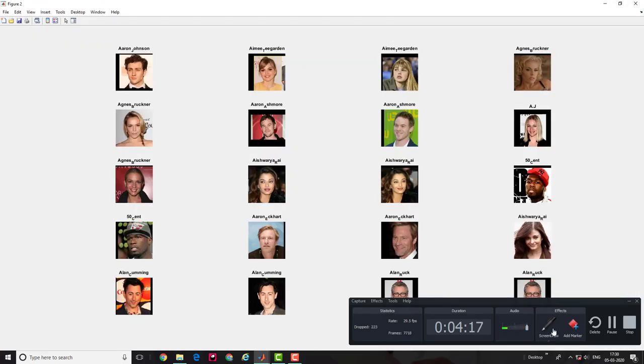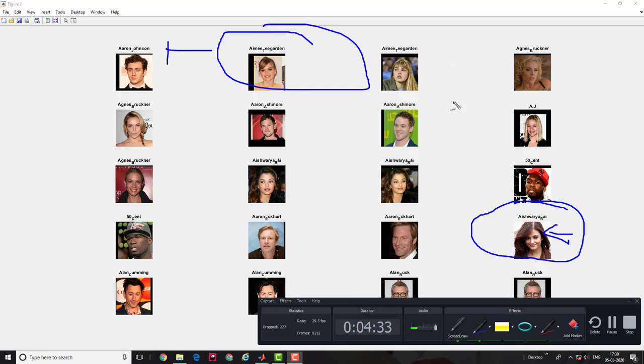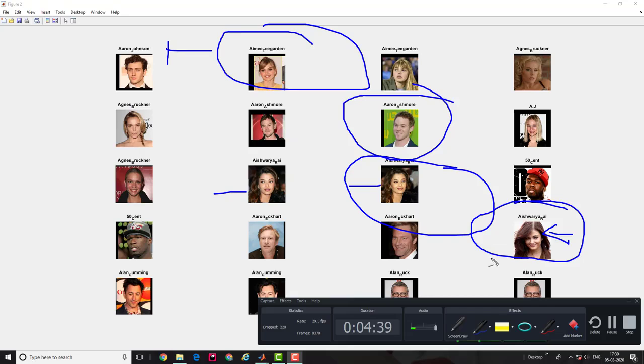Here I have obtained the output. It's really fast. You can see here Aishwarya Rai, the famous Indian actress, is predicted as Aishwarya Rai, and the rest of the celebrities are predicted by their names correspondingly. You can validate here: I have taken 3 samples of Aishwarya Rai, and every sample is predicted right. 50 Cent is predicted as 50 Cent, and I'm sorry, I don't know many of the celebrity names, but every celebrity is labeled correspondingly. You guys can see whether it is predicting right or not.